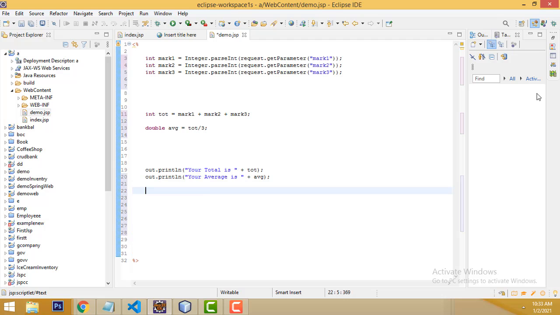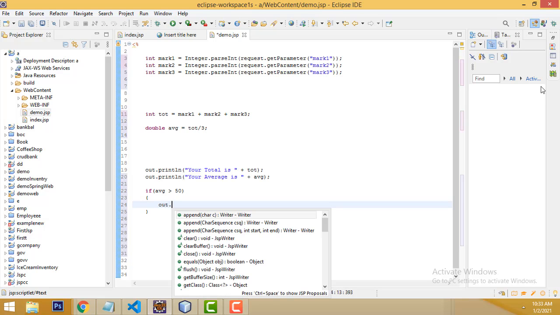When you are calculating the grade, there will be a condition. If the average is more than 50, the result will be pass. If the average is below 50, your grade will be fail. Right? So you have to write the if condition, starting from if, you have to check if average is greater than 50. Then you have to print it, so out.println,